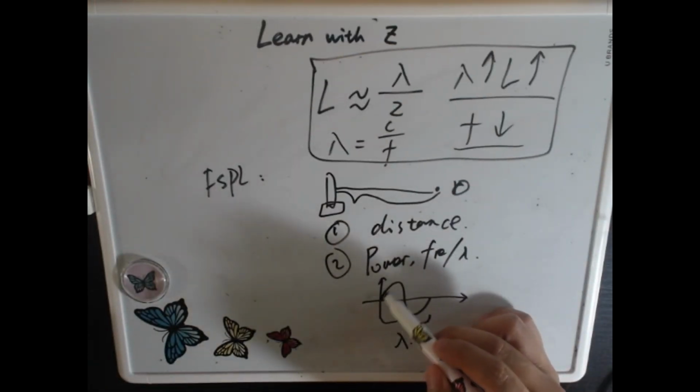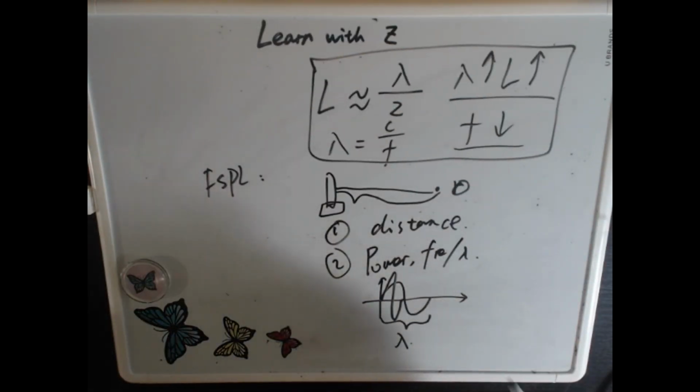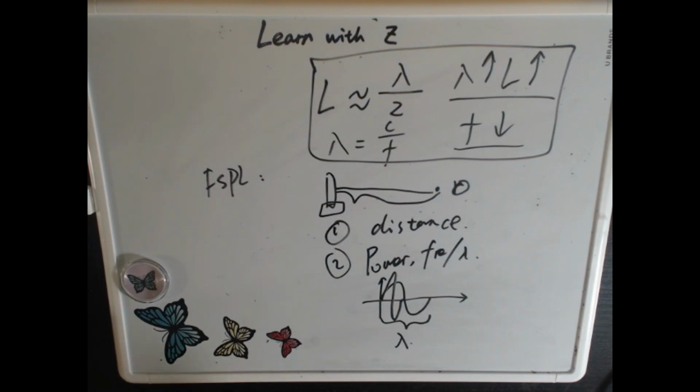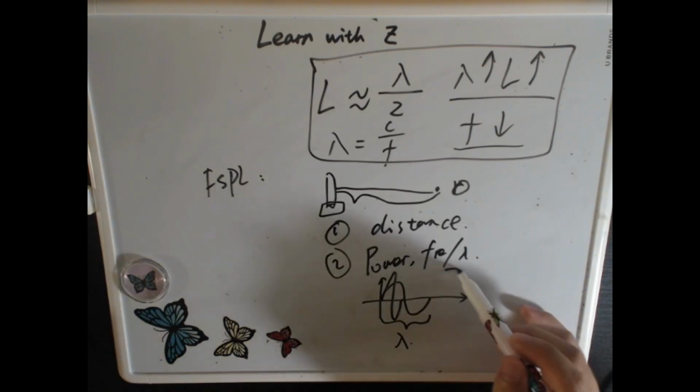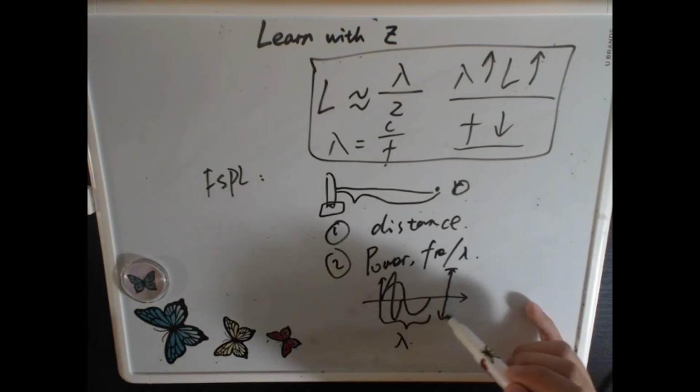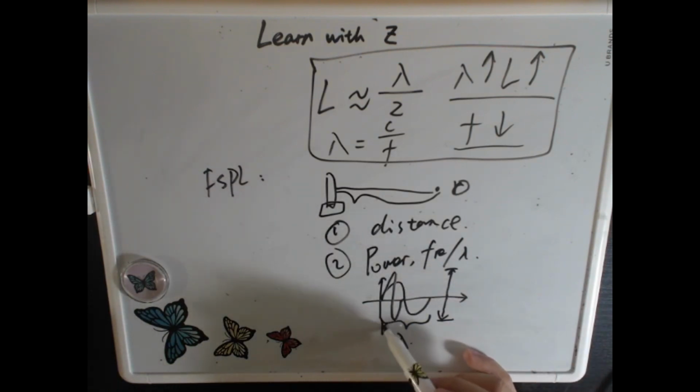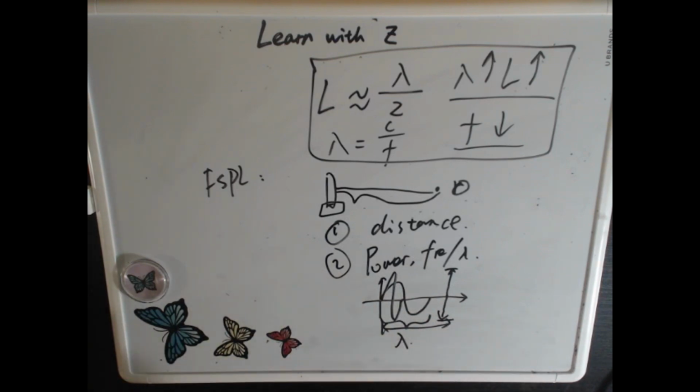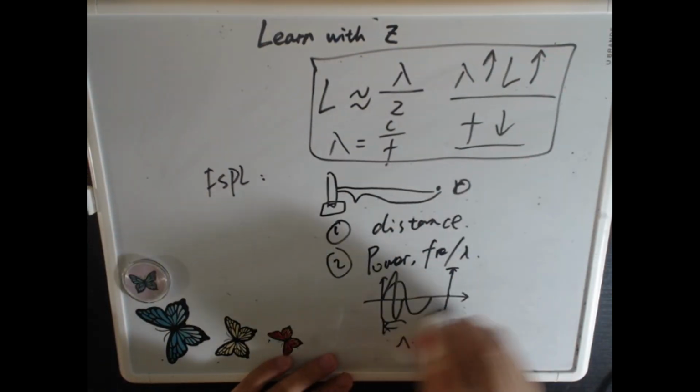The other one could be like this, right? But everything we know, because they are all sine waves, they will have the same factors. One is the power, the other is the wavelength or the frequency, right? So we know